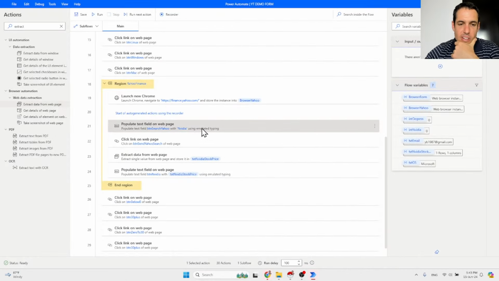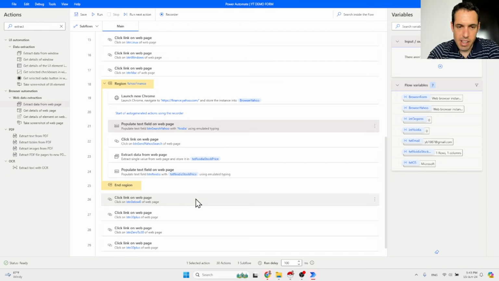We fill the form with the correct NVIDIA data, and now we want to collect the weather. And how are we going to do so? We are going to use Google for this. And what we basically want to do is go to Google, search weather today, extract the data,